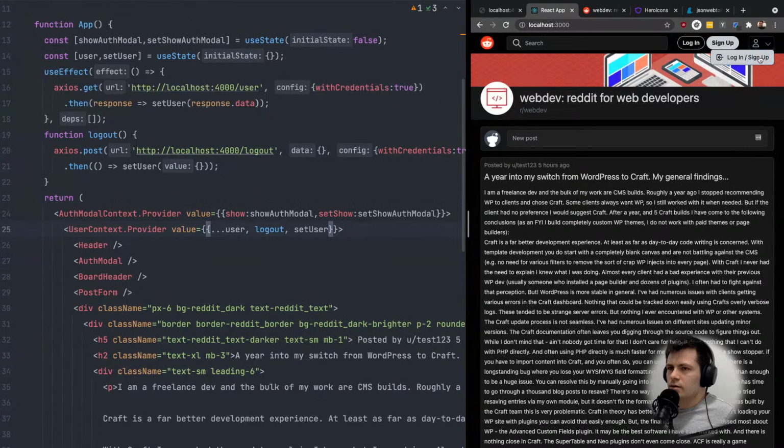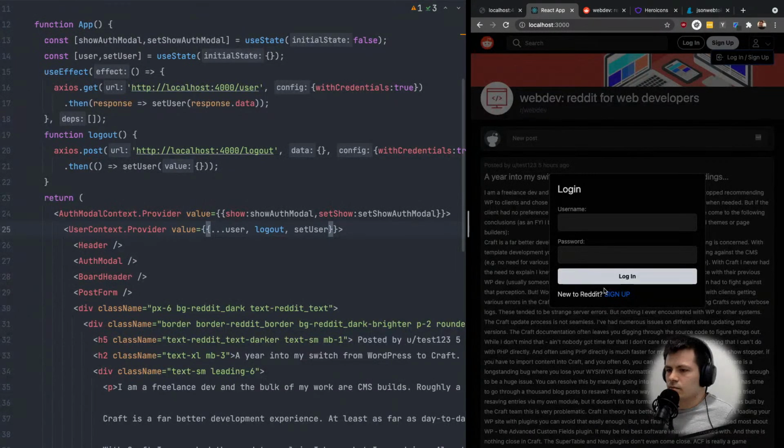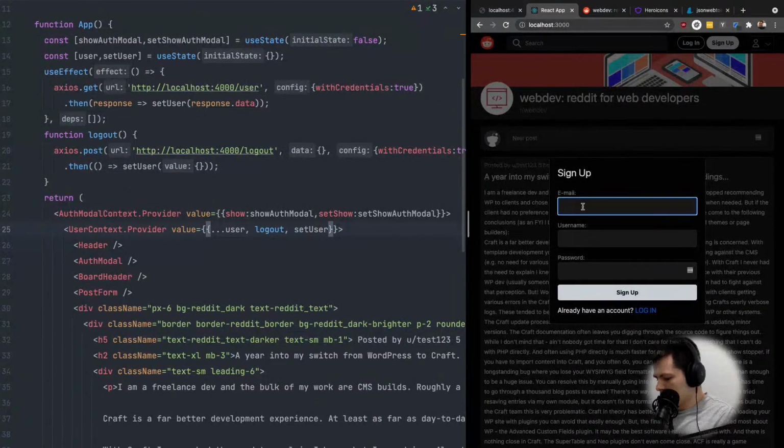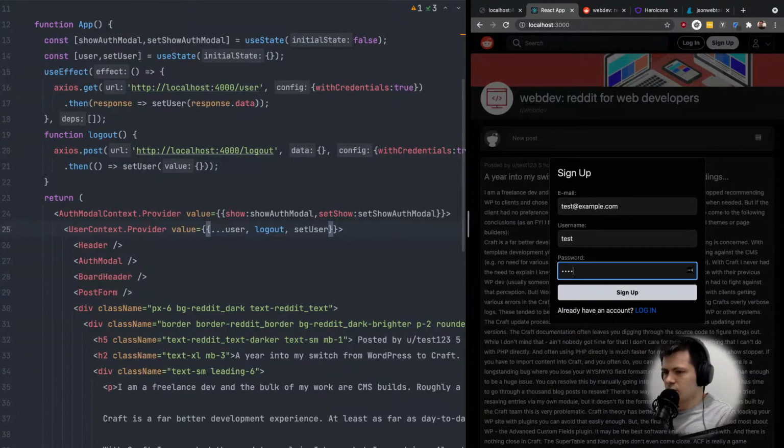So let's log out and log in again and sign up. Test at example.com, username test, password test, sign up, and we are logged in, but we also want to close